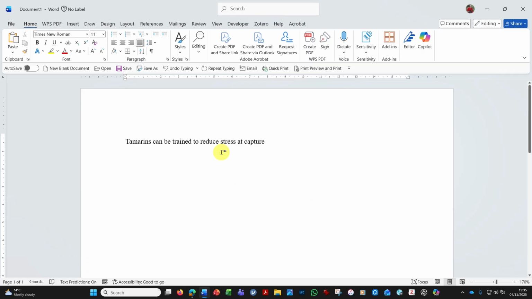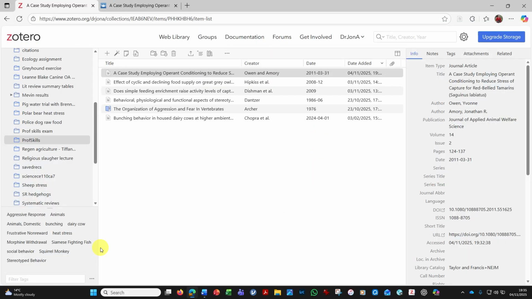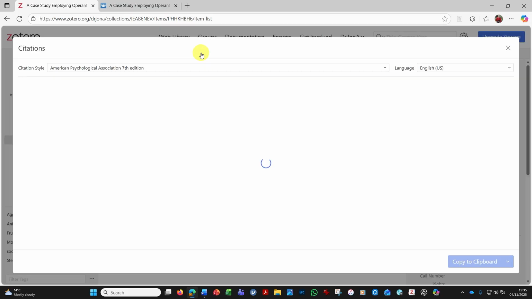So here I want to put a reference in there. Now here I've got my Zotero heading. I could have done that, but actually if you've got the Chromebook you don't have that opportunity because you haven't got the Word plugin. Anyway, I don't need it because when I go back to my web library I can click on that reference, that's the one I want, and the first one with these lines, that's my citation. So if I click on the citation, there it's given me the proper citation for the citation style American